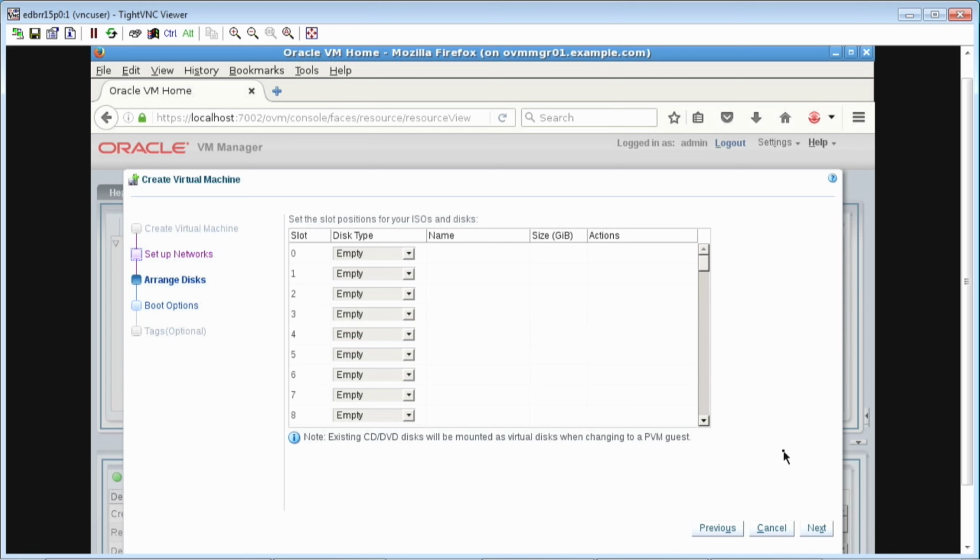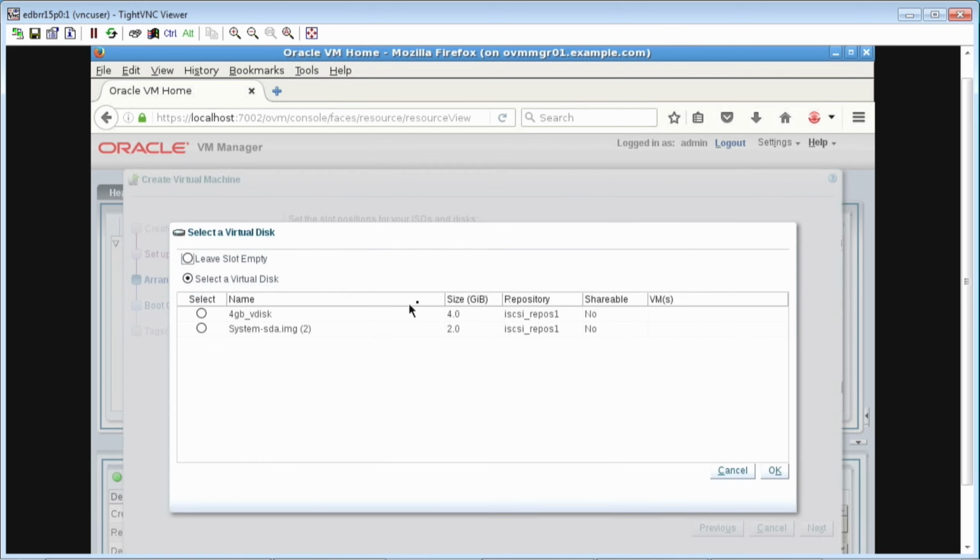In the Arrange Disk window, we select virtual disk as the disk type in slot 0 and click the search icon to find the virtual disk created by cloning the host01_template. So we choose virtual disk and click on the search icon, and we choose the disk that we created during the clone operation of the host01_template